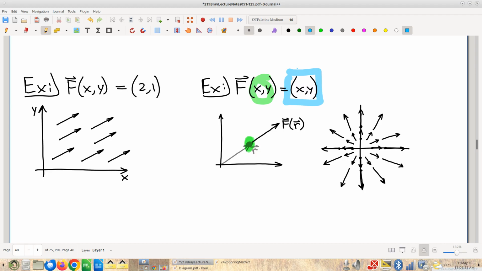Well, the input point has the same formula as the field vector. Okay, so let me say that differently. The input point, don't forget we could represent points with position vectors. So the input position vector is the same vector as the field vector. So, okay, great. This is my position vector. That's my field vector. It's just I can't leave it like that